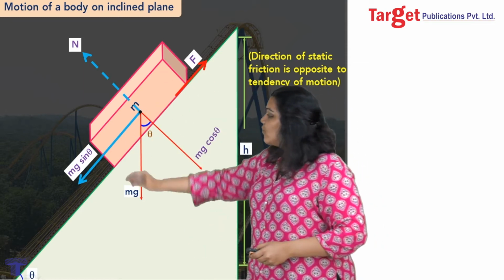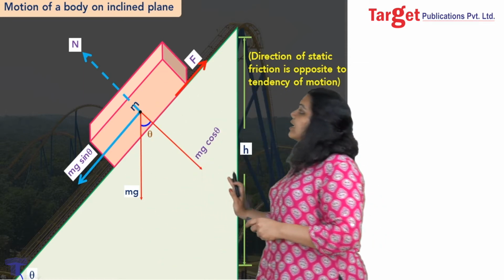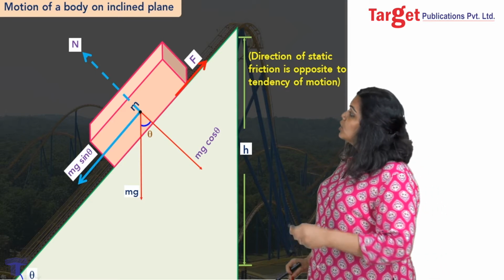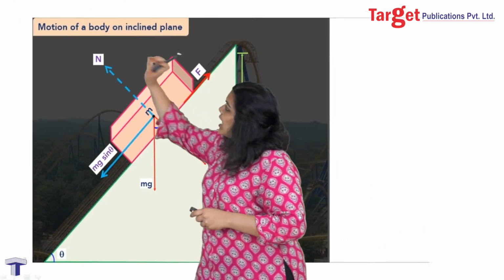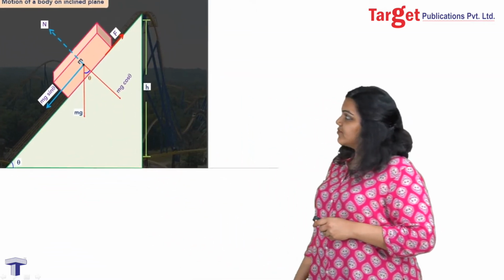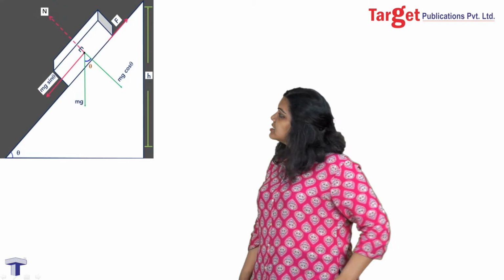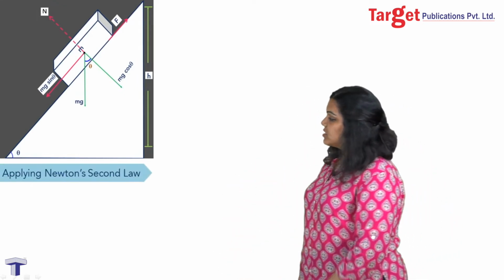Take a look at all the forces. I have drawn this diagram, and now using this diagram I'm going to write down the equations of motion. To do this, I'm going to save it and place it on the left side. So this is what is going to be useful to us. Once I have this diagram, now I can quickly write down Newton's laws.